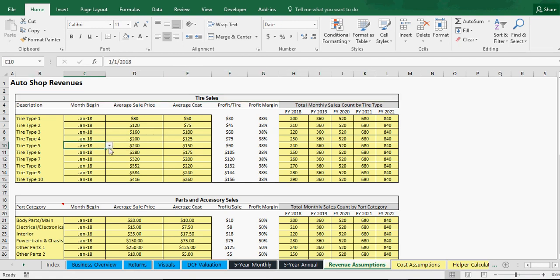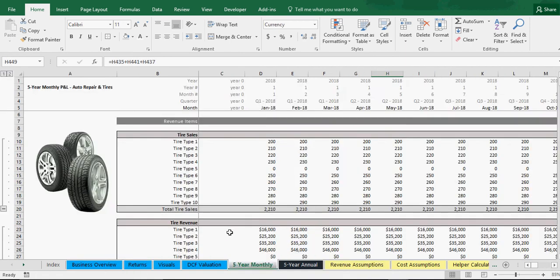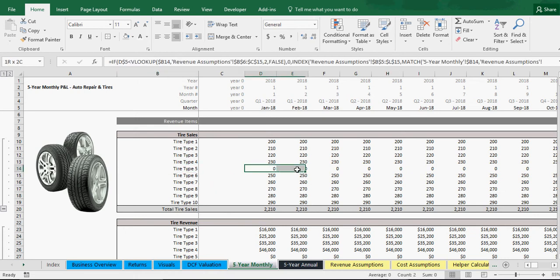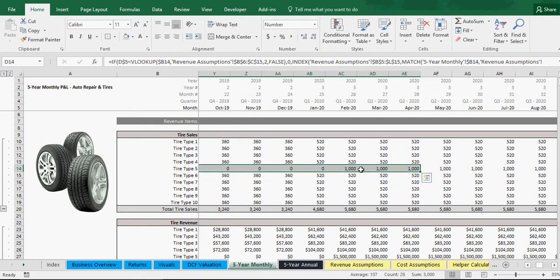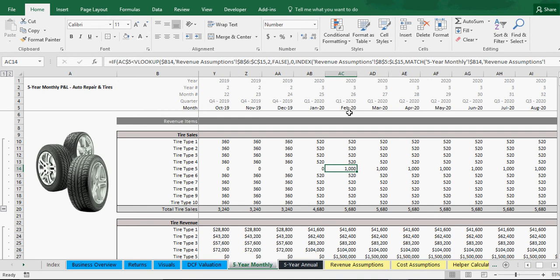Quick test, you want to see it. So say we take tire type 5. Let's say it begins in, I don't know, February 2020. And just so we know, let's put like 1500. And let's put 1000 here. In 2020. So for 18 and 19, nothing should show up for tire type 5 on the monthly. Let's see. Tire type 5, oh perfect, zeros all the way, and then you can see, yep, February 2020, there's when it